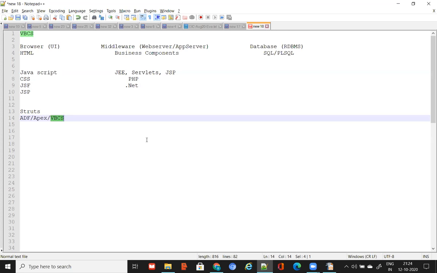The VBCS knows only one thing. You are primarily focusing on the UI development. There, you're not really worried too much about business components. You're not worried about your database much. Your primary focus would be how to get the UI. Like for example, I have,